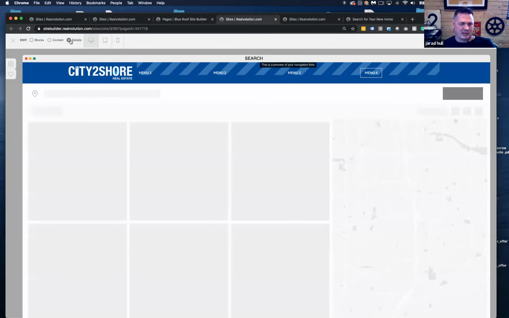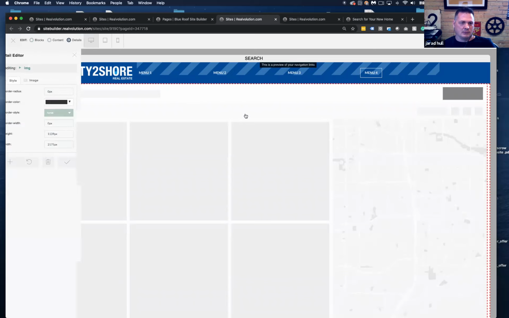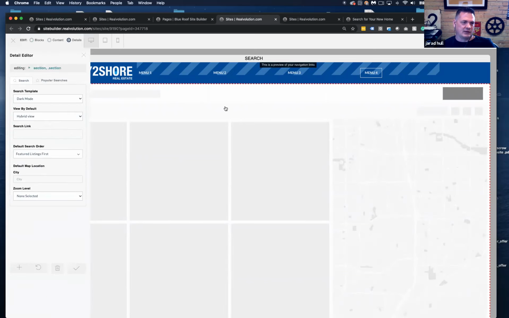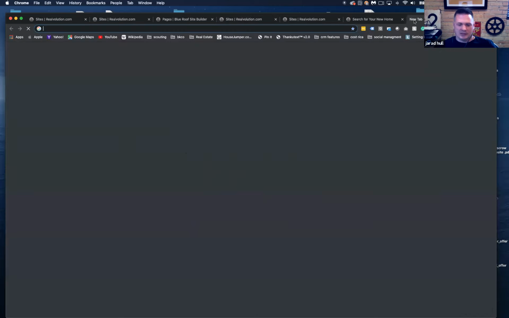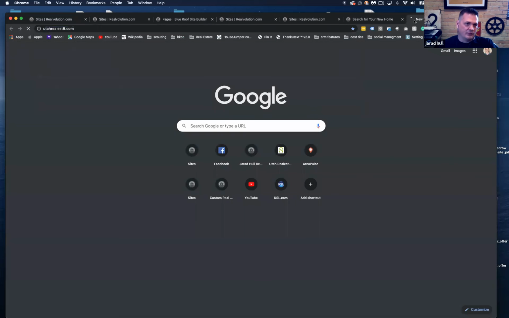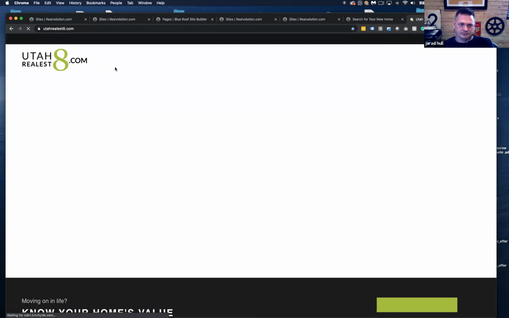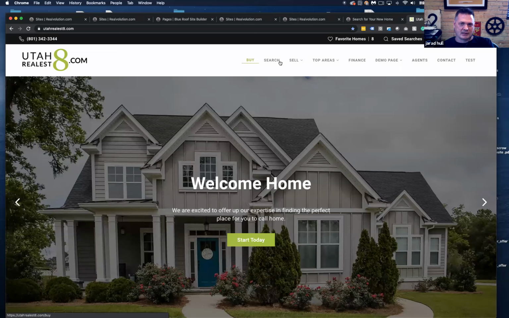I'll go into that a little bit more, but I'm going to double select on this, and it's going to give me a couple of options here. So I've got search template, and I've got dark mode, and I've got light mode. And to give you an idea of what that looks like, over here on my test site,